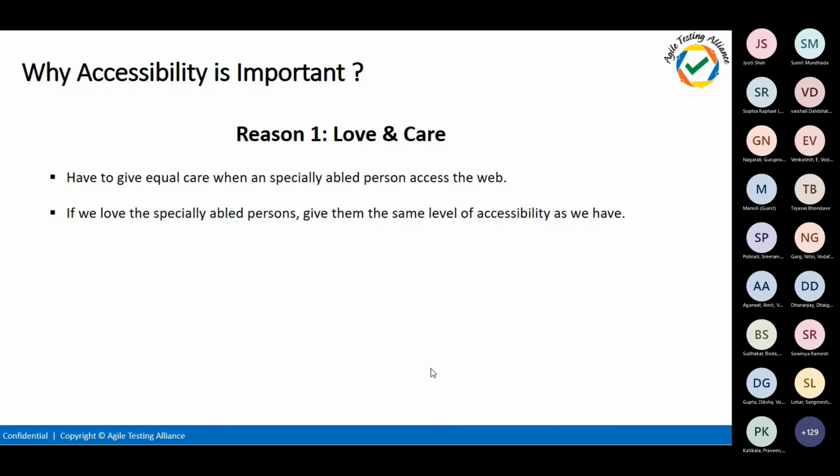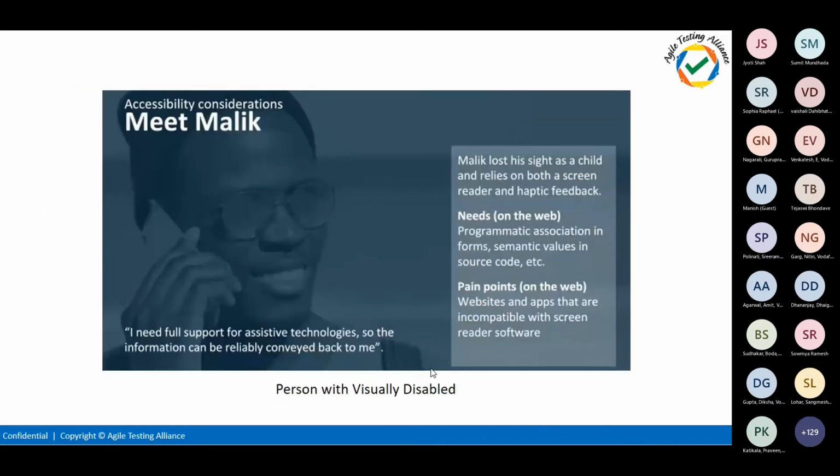And the second one, if you look at it, there are lots of use cases which WCAG is also taking up. Marcus lost his eyesight when he was born, and he expects websites and apps to work with screen reading software. Sometimes when you use a screen reader today, half of the contents won't even be conveyed. So if a person is blind, they'll be missing lots of content.